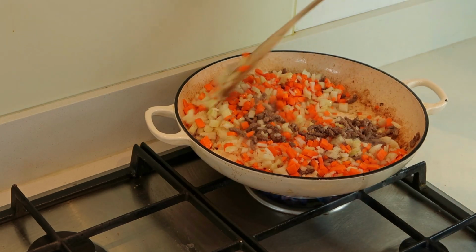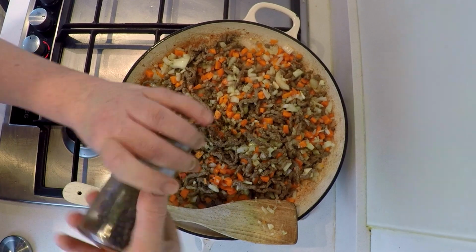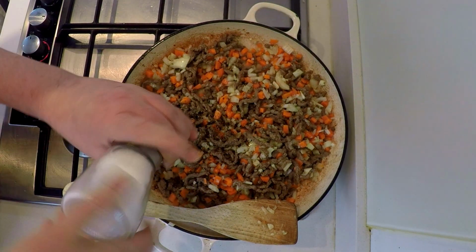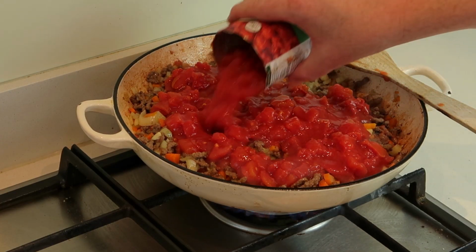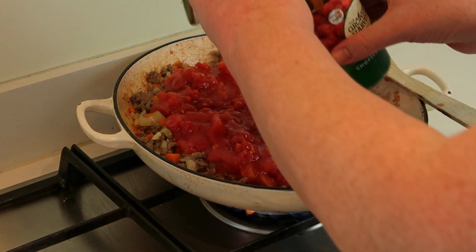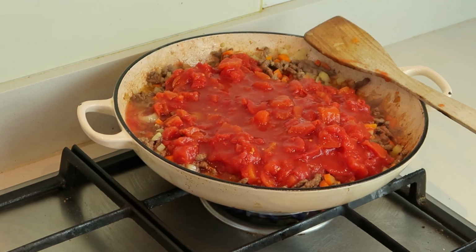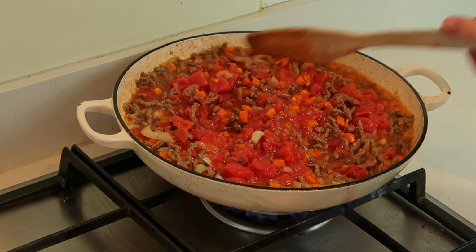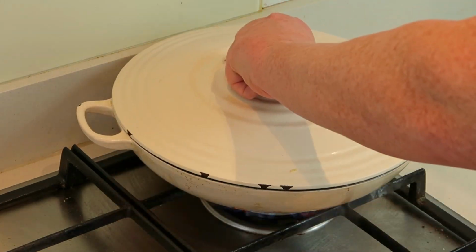Once you've done that, add your vegetables, salt and pepper, and just soften the vegetables. Straight in with your tinned tomatoes. You want to wash your tins out with about half a tin's worth of water as well. Give that a mix, temperature down, lid on, and then you want to get your water on to cook your